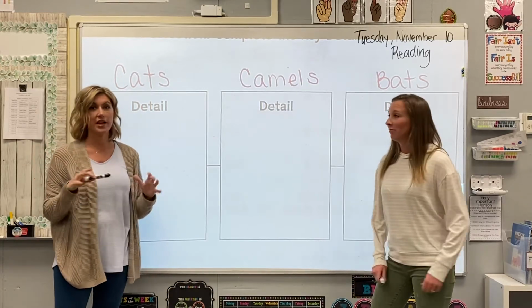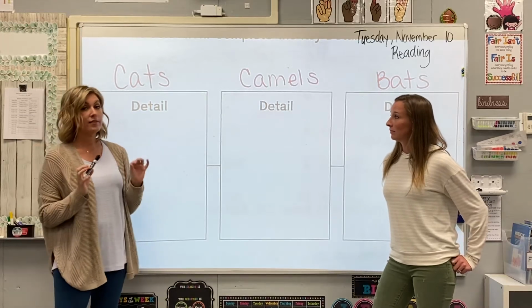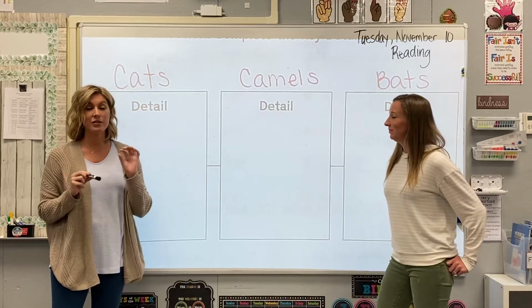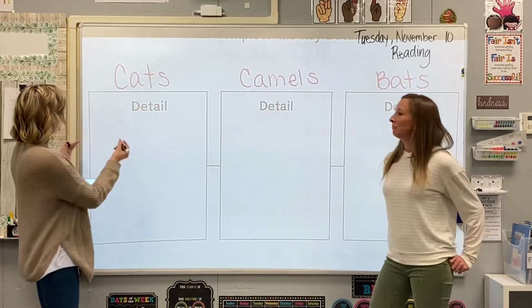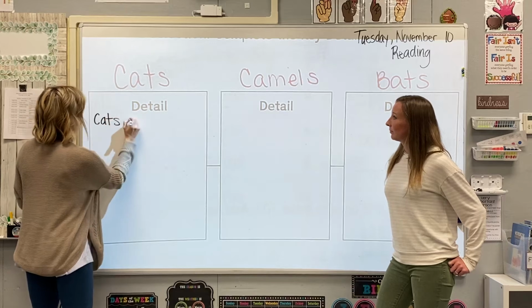So if you ever get a chance, if you have a cat, take a look at their tongue if you can. If you don't have a cat, it'd be pretty cool to Google what a cat's tongue looks like so you can see an up-close picture of it. It's not what you would expect. It's pretty cool. So we're gonna go with cats use their tongues